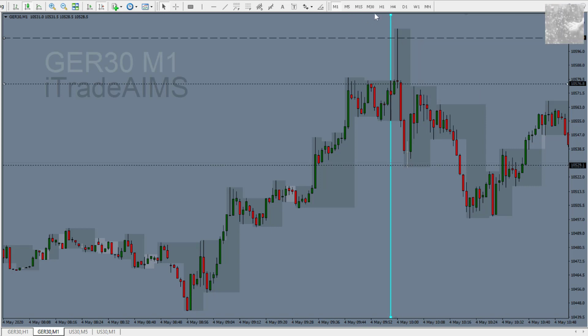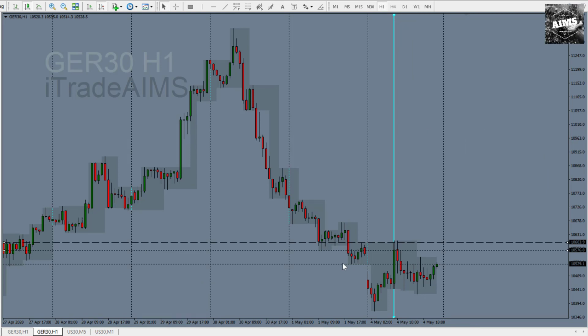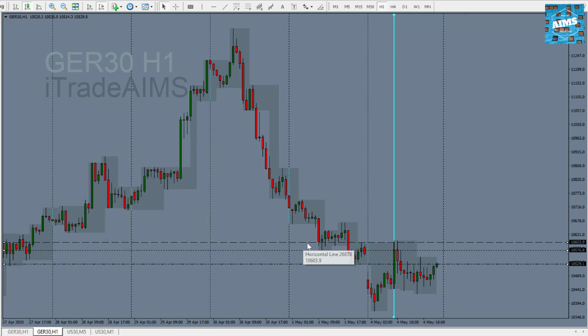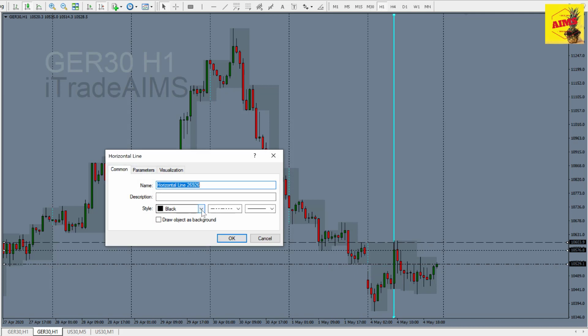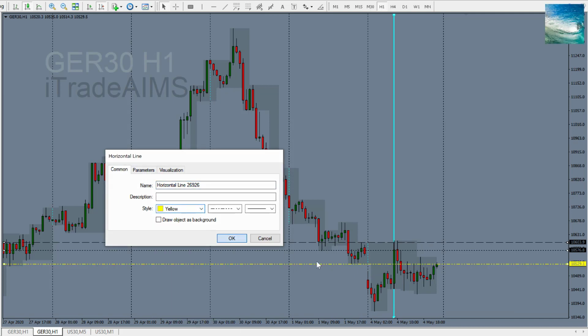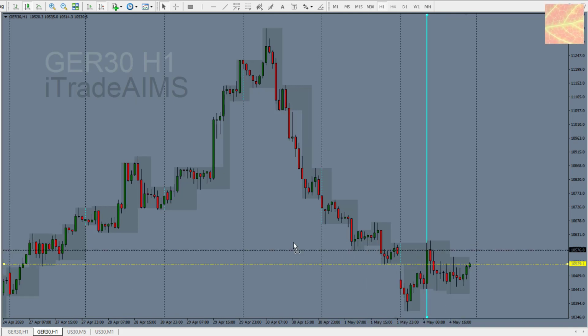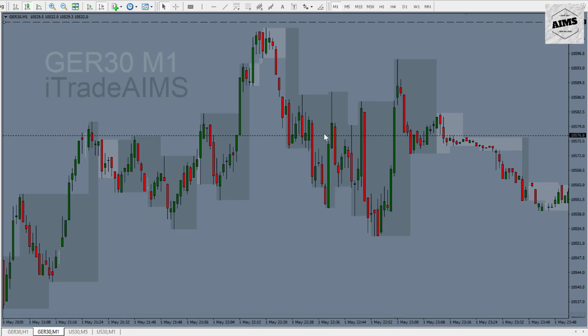and then it comes across this level. Now again, if we go to the hourly chart, let me give this a different style as well, so we can see the first one is bigger dashes, this is small dashes, this is the double type of dashes. Let me just go and change the color of it so it's easier. So this is yellow, it's this one. Take it back there. And so if I go down there